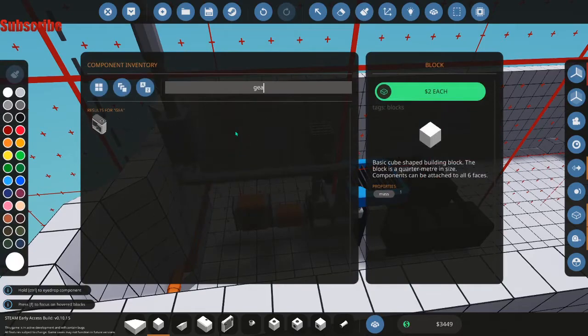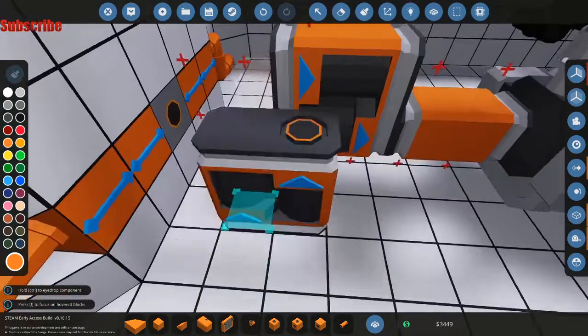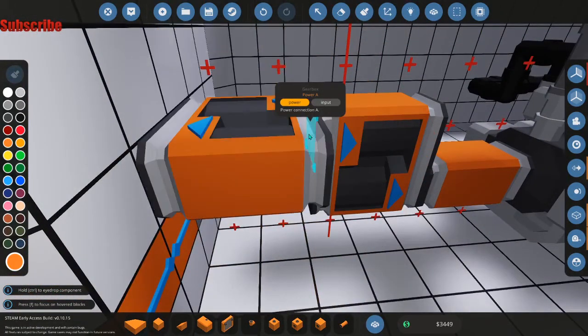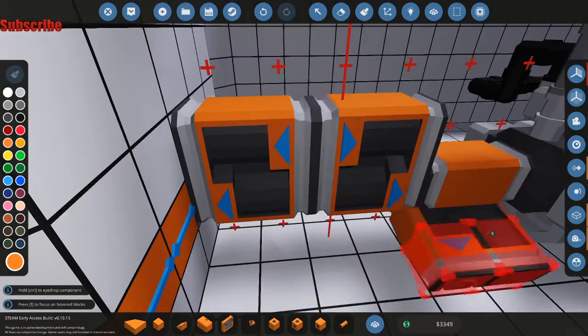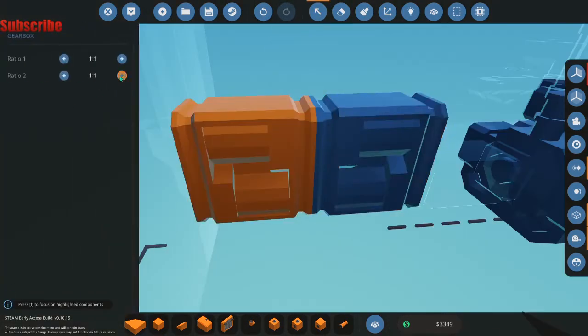So what you do is you grab your gearbox. You make sure you paint it whatever color you find pleasure up to, whatever appeases you. There we go. That's the word. Anyways, so what you do is you take your ratio for every